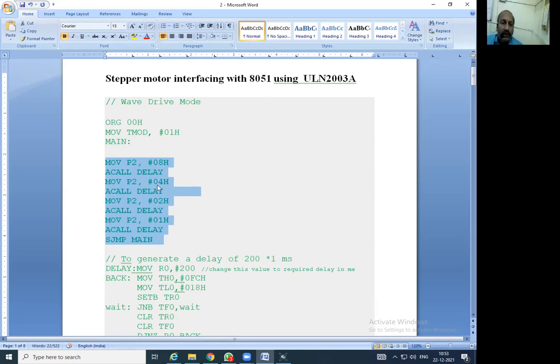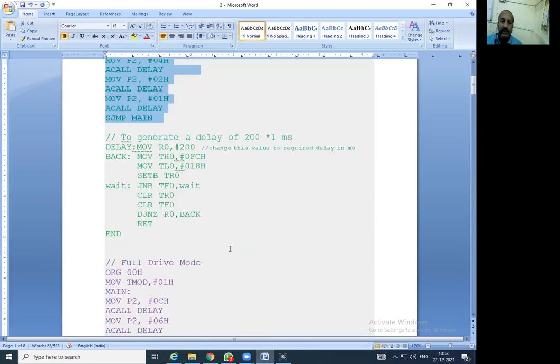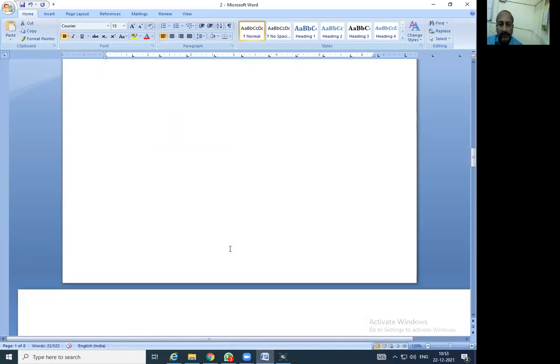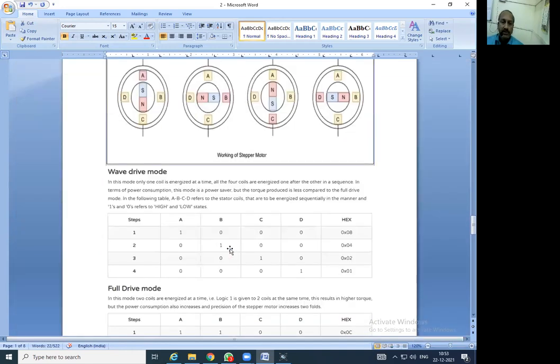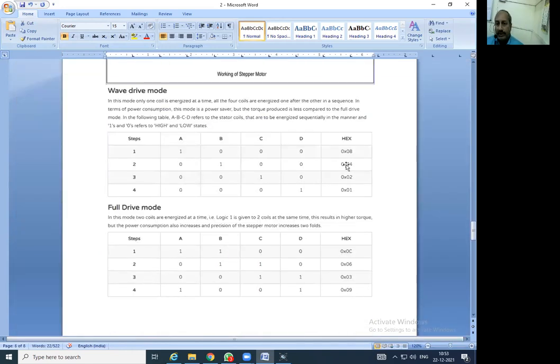So why 08, 04, 02, 01? We have seen that in the table, and in the last session also we went through 08, 04, 02 and 01. It depends on how we magnetize and energize the coils, and accordingly the rotation of the rotor of the stepper motor takes place.